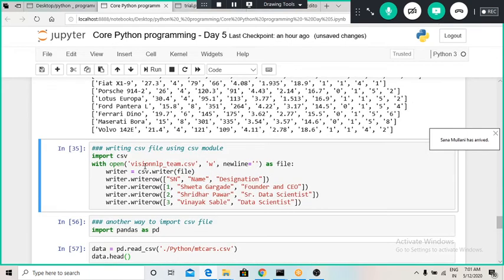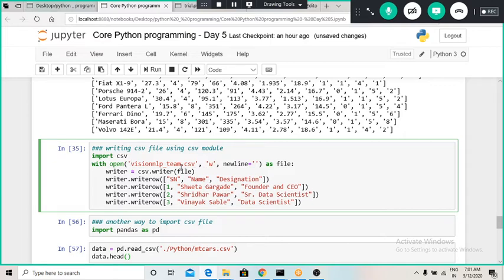Now, how to write a file. For writing a file, whatever file location I want to write to, I have to assign it over here. If I don't give any file location before the file name, that means we are going to save that file in the same directory where we are working.